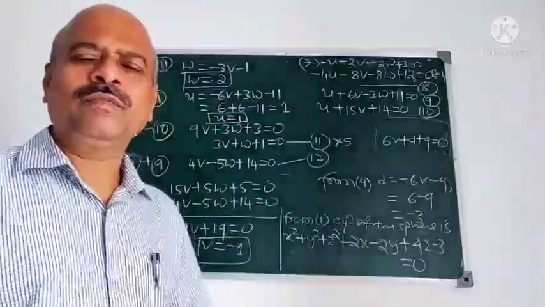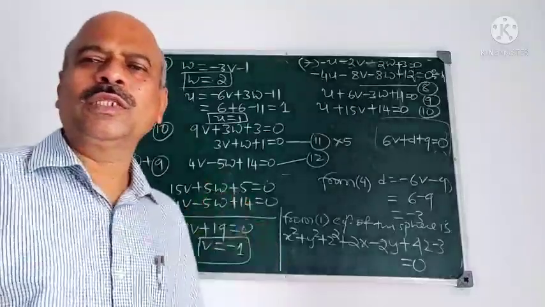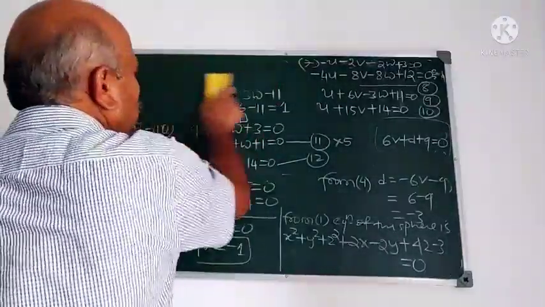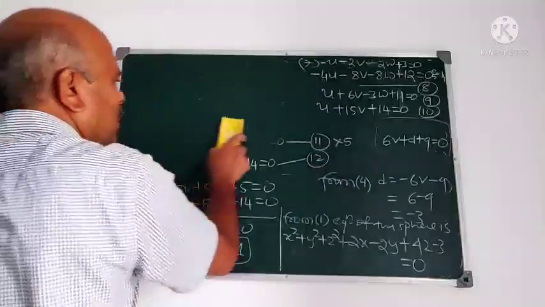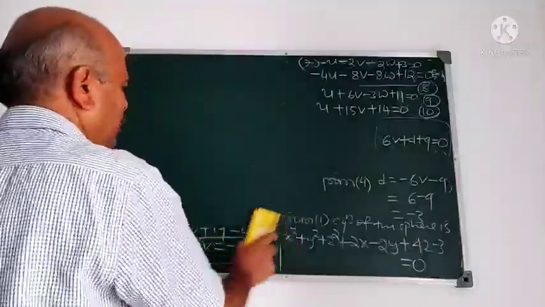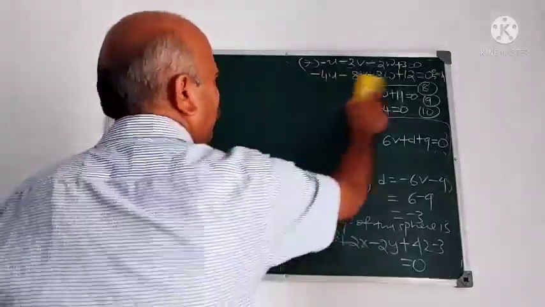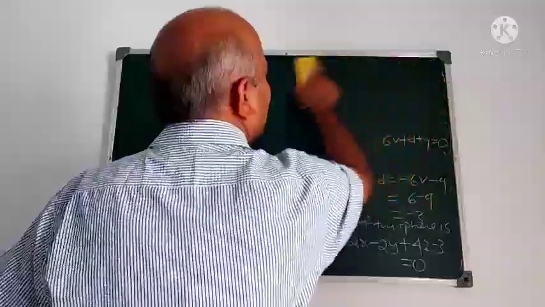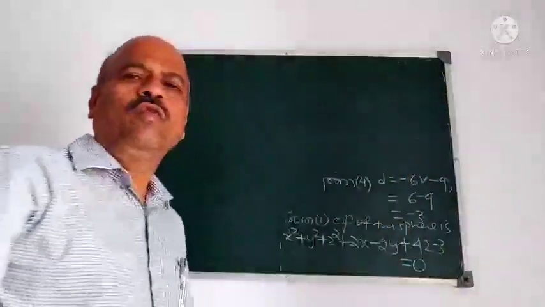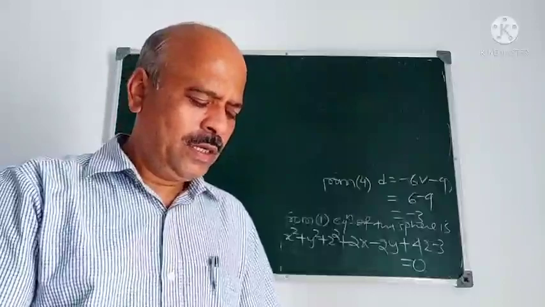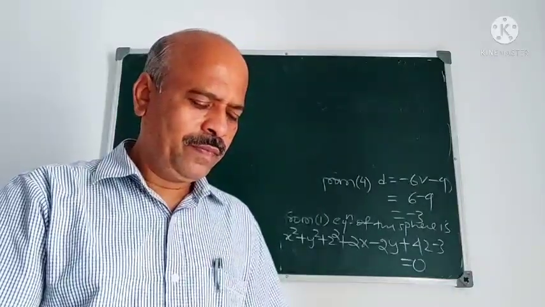What is the procedure? I think all of you followed this solution. Go through it again. We assume the required equation as the general equation of the sphere. So it is required to find out u, v, w and d. For that, using 4 conditions, we will get 4 equations in u, v, w and d. From that we have obtained u, v, w and d.